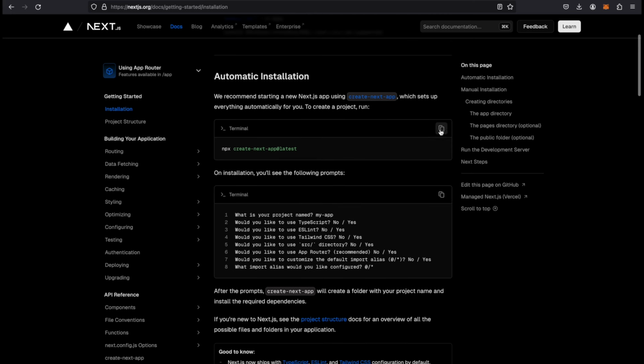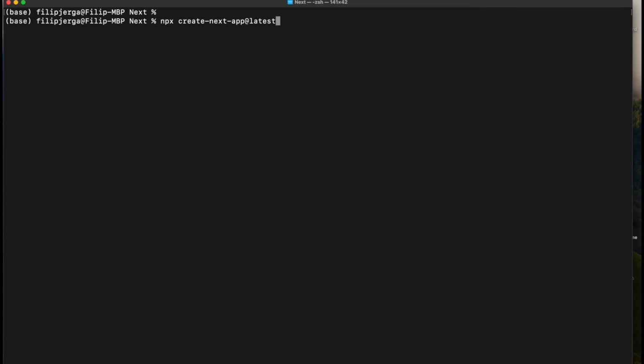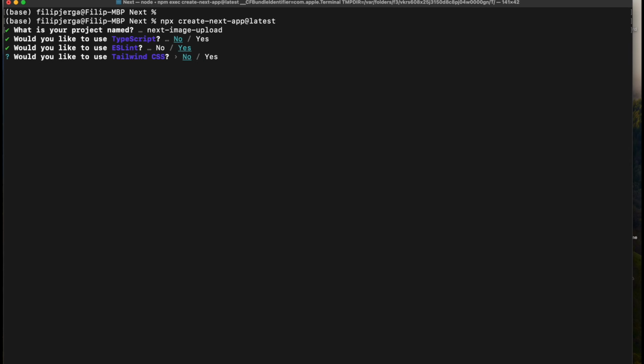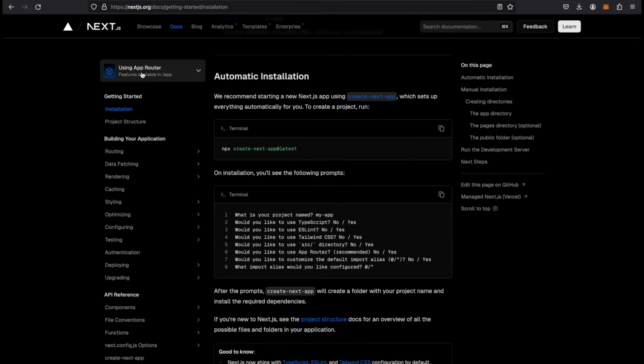Very simple one, just copy this command here, go to your terminal in the folder where you want to initialize your project. Press enter. This will ask you a few questions. The name of the application will be next-image-upload. We don't want to use TypeScript. ESLint yes, Tailwind CSS no, src directory yes, App Router recommended yes, no. This will take a few moments, and while it is happening, we can go at the same time to the